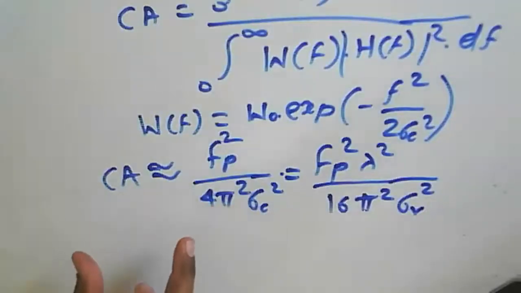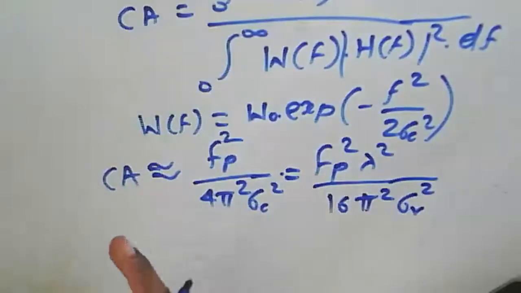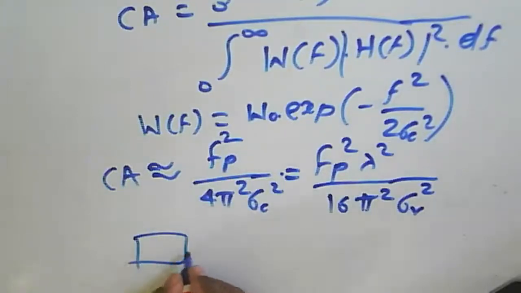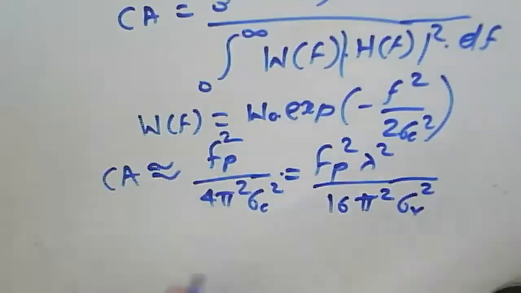To avoid it, instead of a single delay line canceller, we will use a second delay line canceller in cascade, so a single delay line canceller and then a double delay line canceller, in cascade form. When we use the second delay line canceller in cascade, the frequency response function H of F of these two delay line cancellers